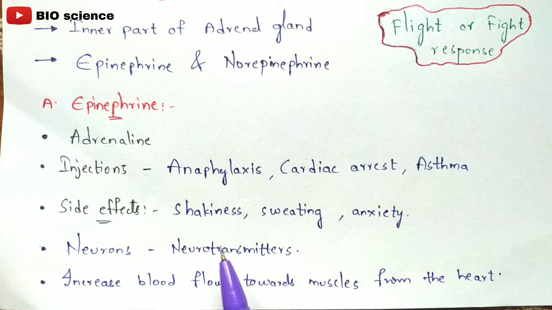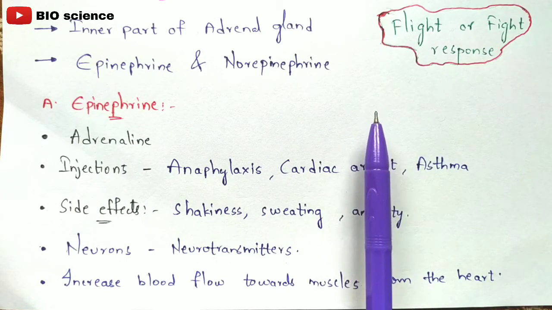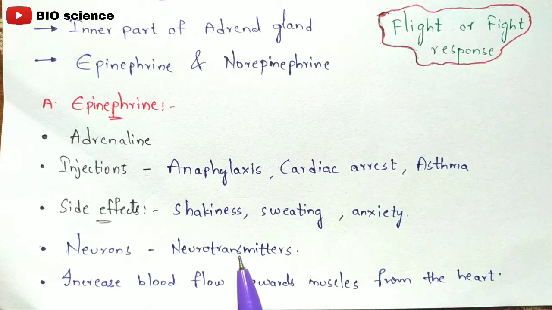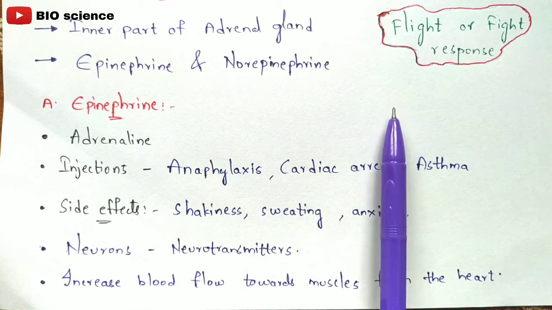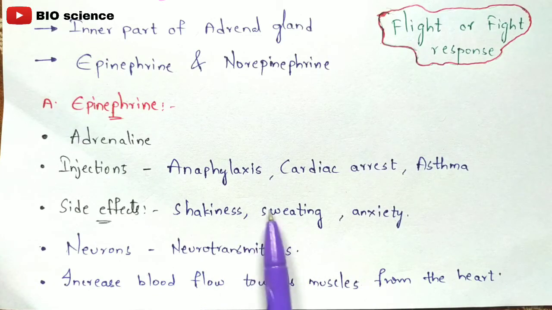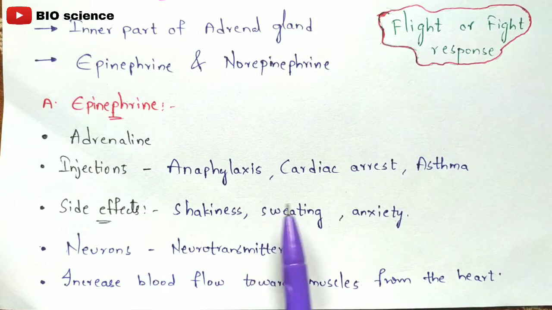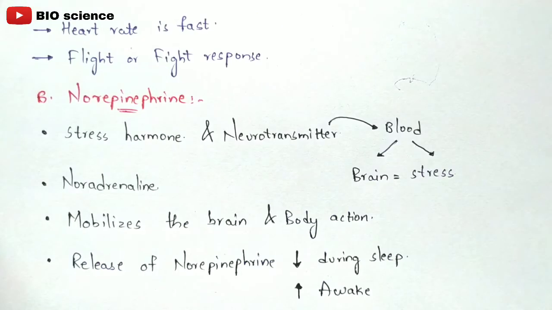So this neurotransmitter will send the signal to the tissues. So here what is the tissue? The skeletal muscle which is present in the legs. So due to these neurotransmitters, the stimuli will show the response to run away from the snake, right? So this is the main function of the neurotransmitters. It increases blood flow towards the muscles from the heart, definitely, right? So for example, if you see that snake again and you run away, then your heart will start functioning where it will beat very fast, the heart rate will be very high, right? So why? Because it increases the blood flow towards the muscle from the heart, right? So that's what we have mentioned here.